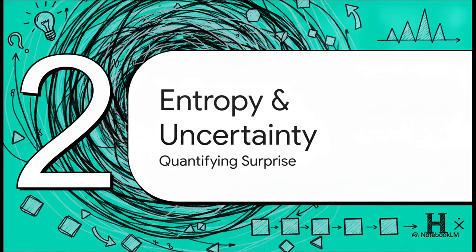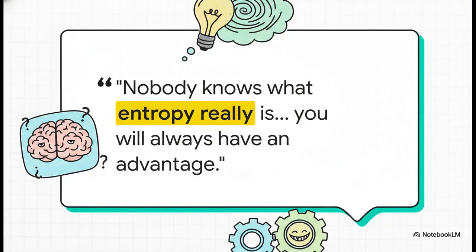Moving on to Section 2. Quantifying uncertainty with entropy. Now that we've established that surprise basically equals information, how do we calculate the average amount of this surprise across a whole system? Well, we use entropy. There is actually a pretty great story behind this name. When Claude Shannon was first formulating this concept, the brilliant mathematician John von Neumann supposedly advised him to use the term entropy, which was already a thing in thermodynamics. Why? Because, as von Neumann joked, nobody knows what entropy really is, so in any discussion you will always have an advantage. It's a fantastic piece of scientific humor for sure.